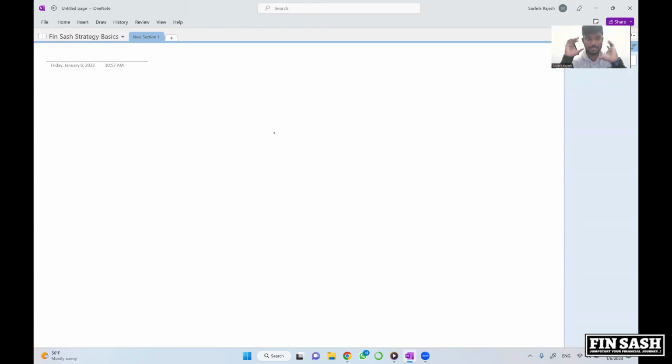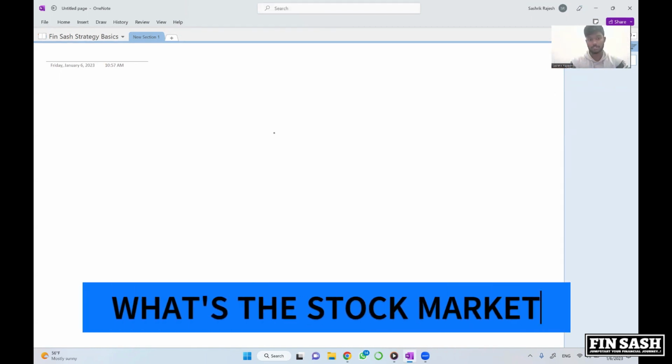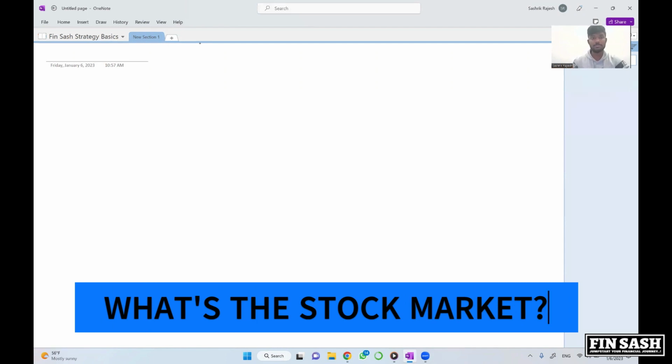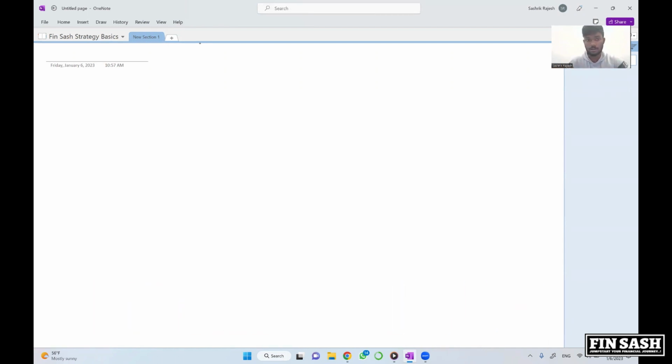So let's explain what is the stock market, right? For example, companies come to the stock market for getting in investors. For example, let's take a company, Tata Motors, right? And this is no stock recommendation or anything. I'm just using this as an example. So Tata Motors is right now at,